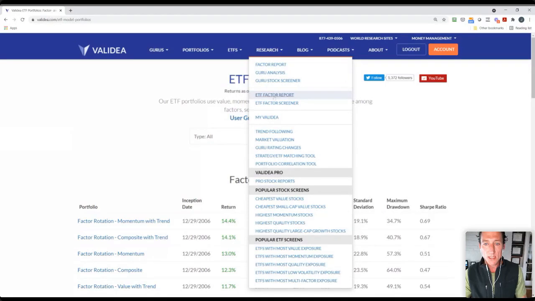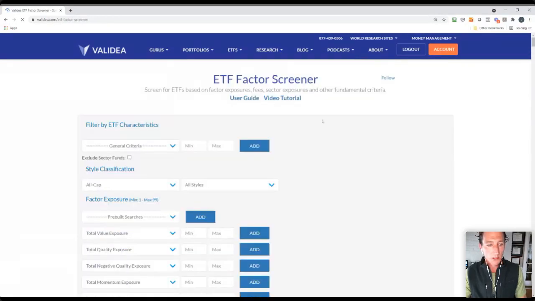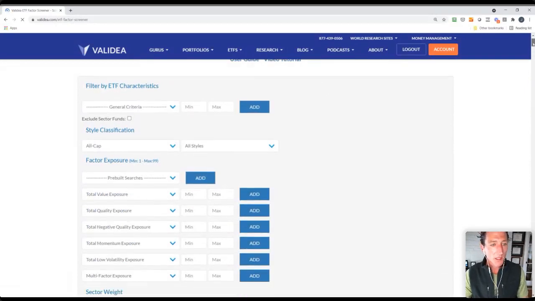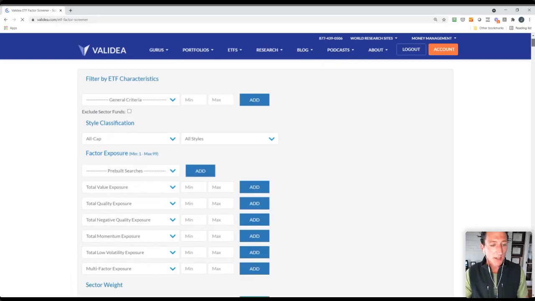And then the other screener I was going to demo today, we'll wrap up in probably 5 minutes, is our ETF screener. There's a couple of different things that you can do to screen for ETFs. You can do standard stuff like expense ratio, number of holdings, active share versus the S&P. But where I wanted to focus is on some of our pre-built screens. So you can search for ETFs with the highest value exposure,